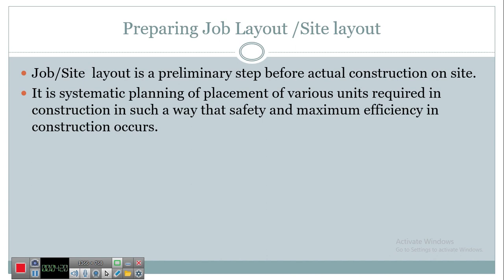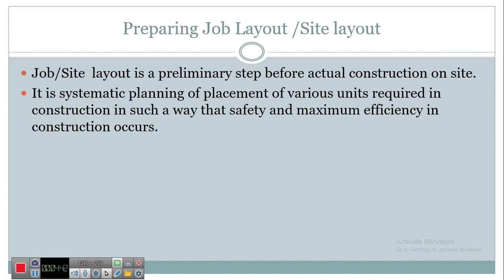All these are placed in such a way that the time required for carrying material is minimum, that control and check on site is easy, which leads to an increase in efficiency. So when we prepare job layout, all these things we have to get clear in our mind.